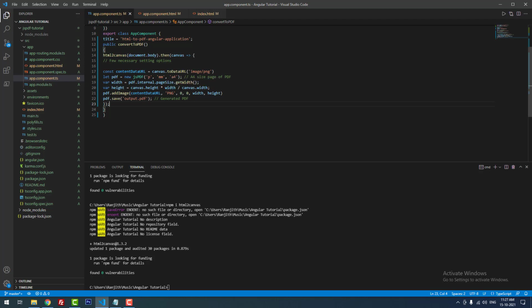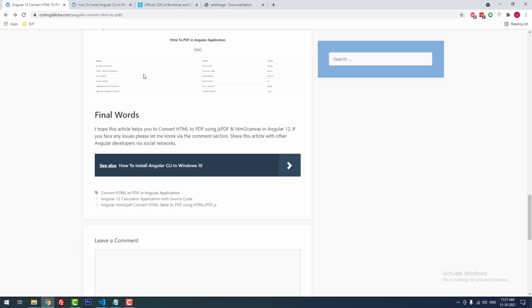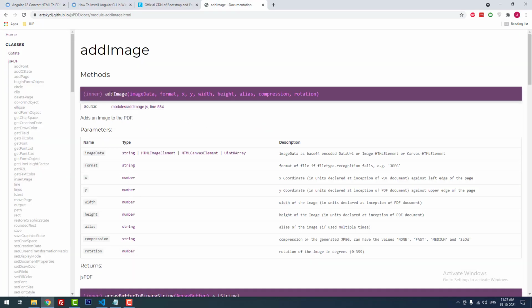The other line is pdf.addImage(contentDataURL, 'PNG', 0, 0, width, height). I will explain what these parameters are. As you can see, inside addImage there are many parameters: image data, format, x, y, width, height, alias, compression, rotation.